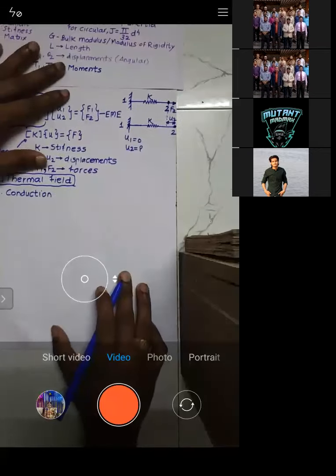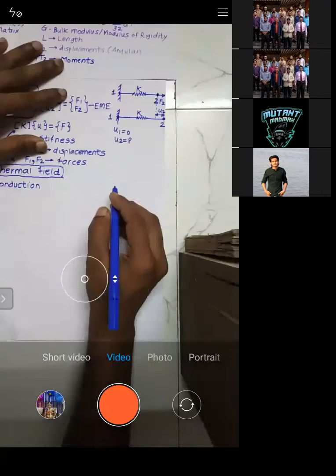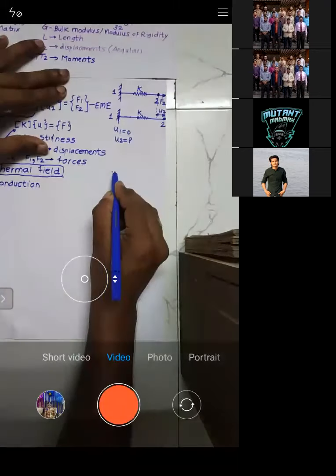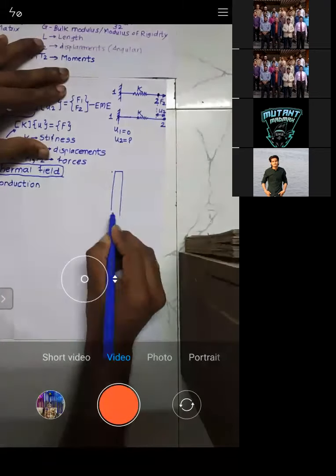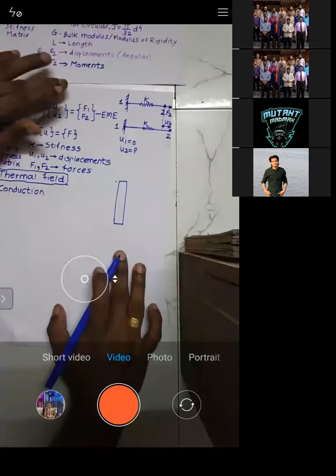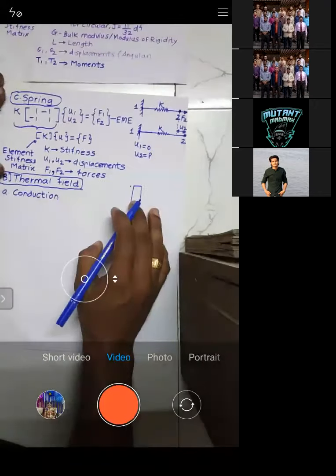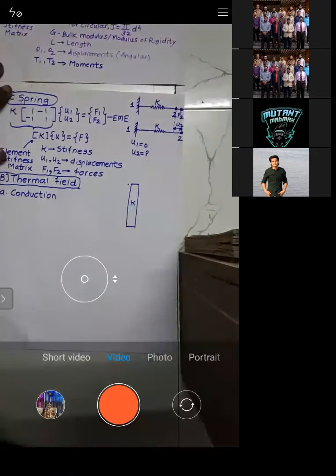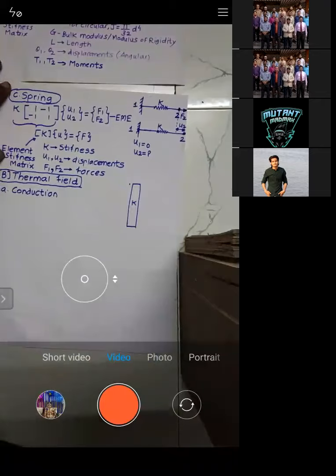I will give you a simple example. Let's consider this wall. I'm just taking the side view of the wall. It has conductivity K. Conductivity, in heat transfer you will understand what it is. It is basically the capability of the body to conduct heat. I'm not going into the detail of that because in heat transfer you will learn Fourier's law of heat conduction, right?